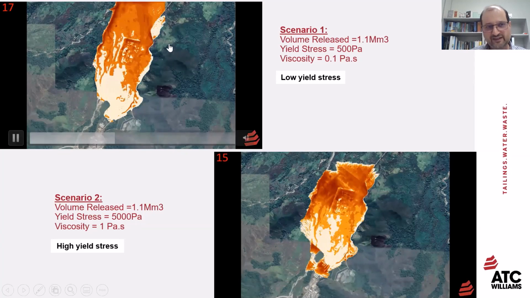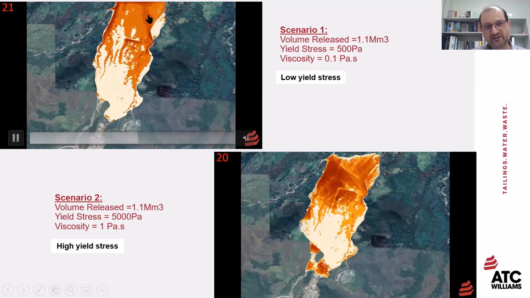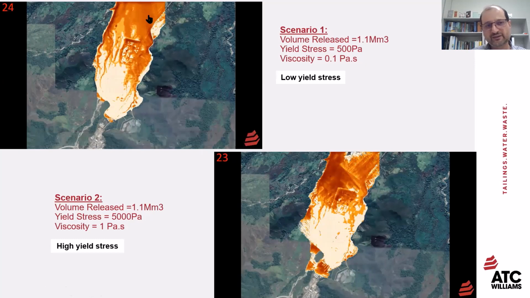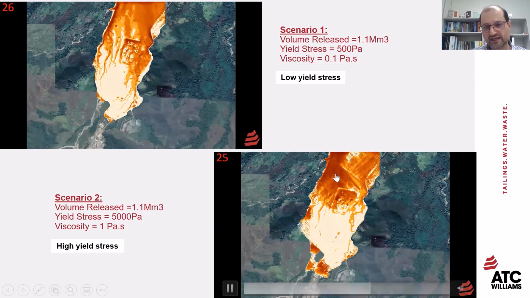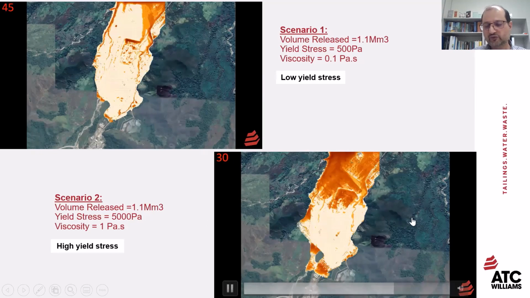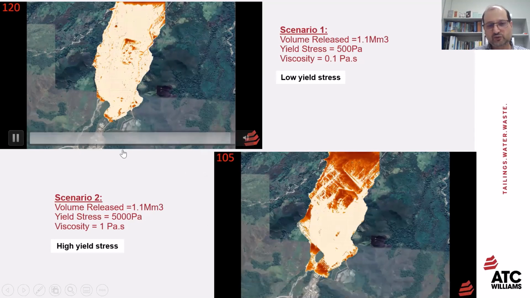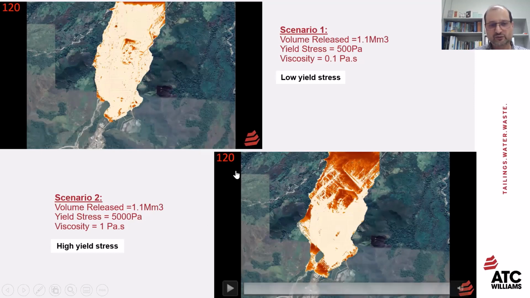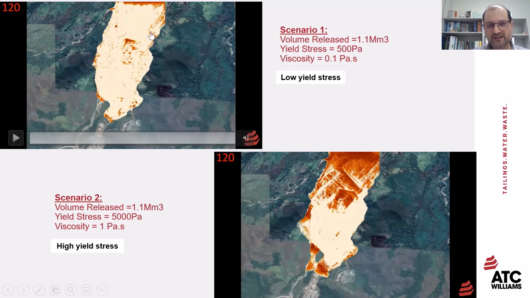As you see at 5 seconds or 14 seconds, the low yield stress material will come to the boundary of the model, and the material will escape from the model, go out of the model. As expected, the high yield stress material will move slower and create a deeper inundation at the downstream area. At the end of the model, when it comes to 120 seconds or 120 steps, I have to say, pretty much all of the material from this low yield stress material has gone out of the model,